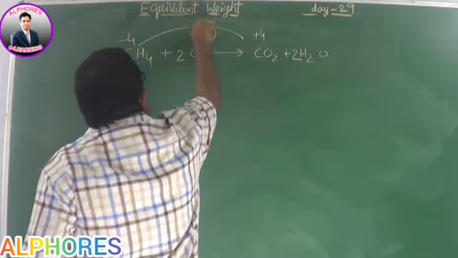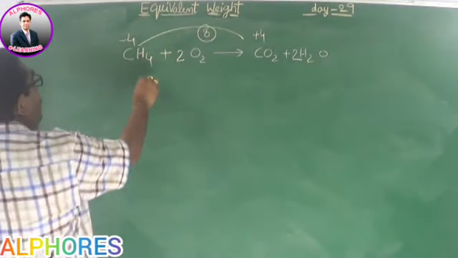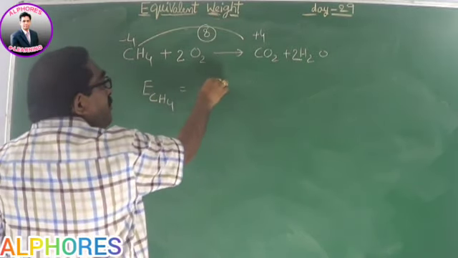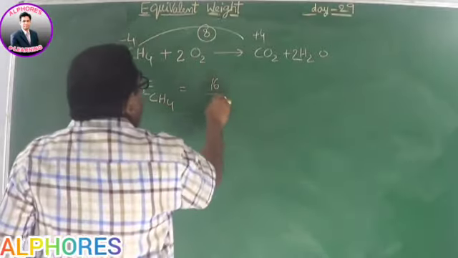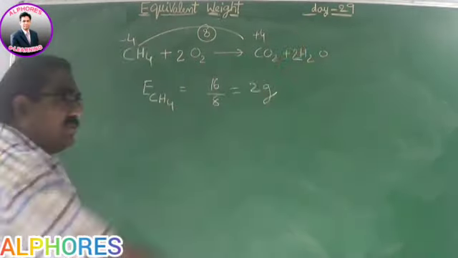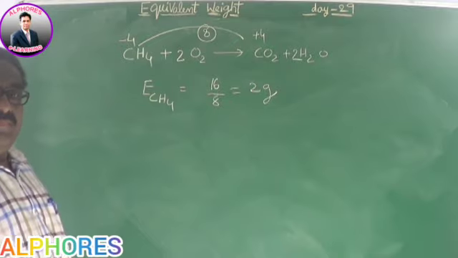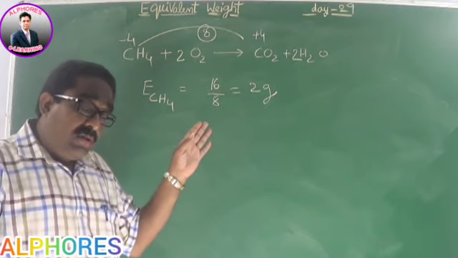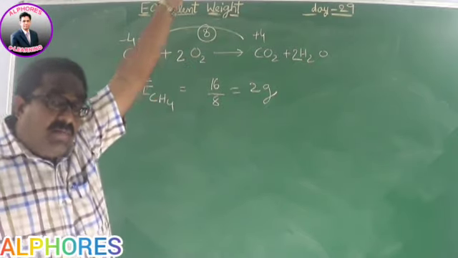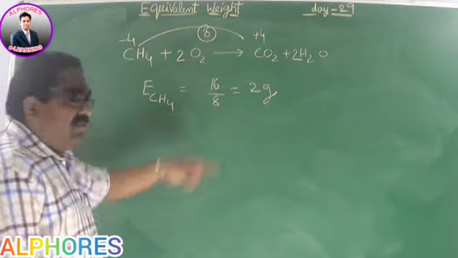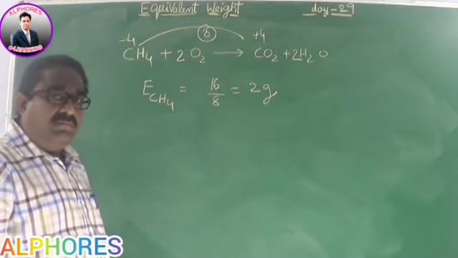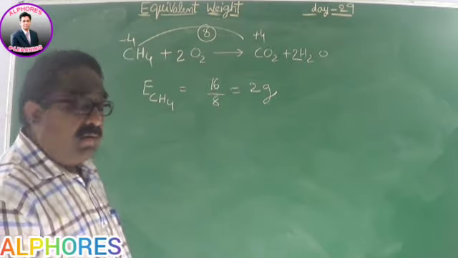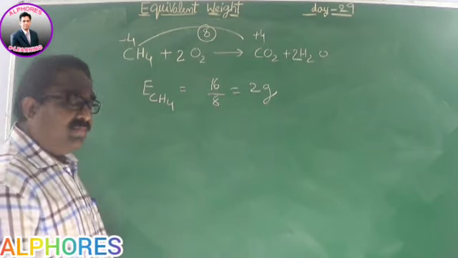What is the change here? 8. If anybody asks you to calculate the equivalent mass of methane, 16, the formula mass, molar mass, divided by 8. That is 2 grams. See how important it is. And this particular approach is finally linked to the second academic year electrochemistry chapter. If you are weak in this area, that will be out. Of course, you may understand the concept, but you can never solve any numerical. That is very important. You please concentrate.